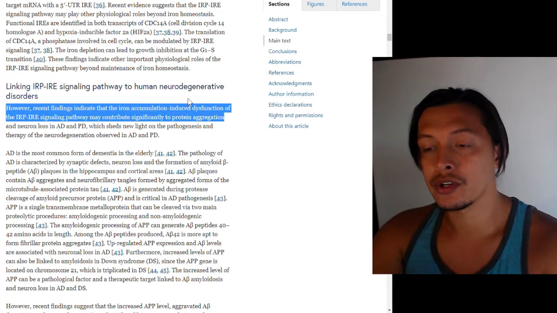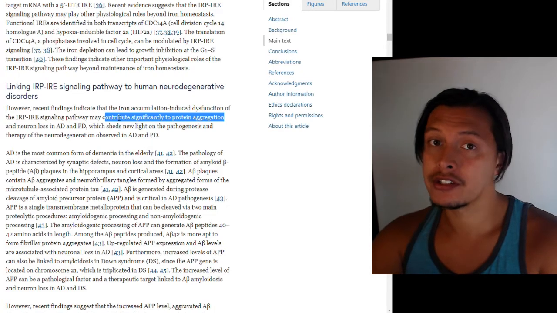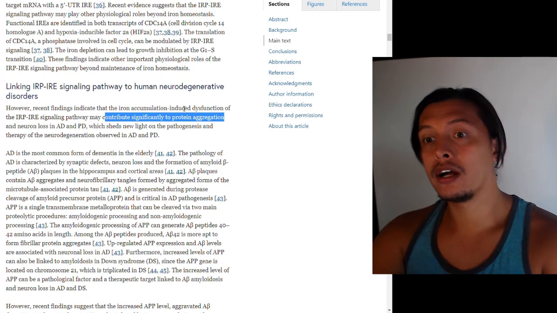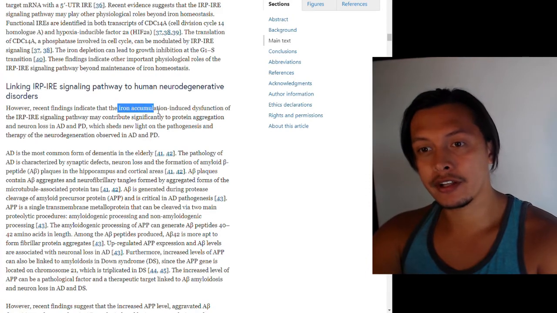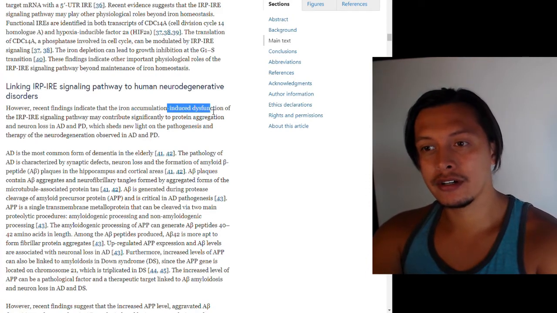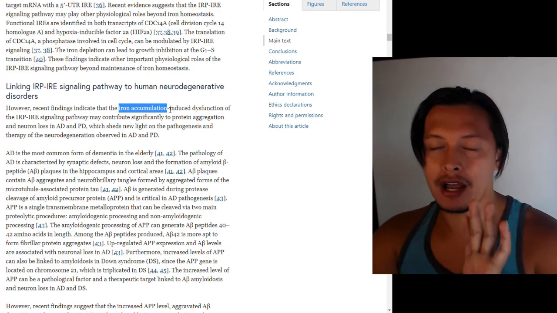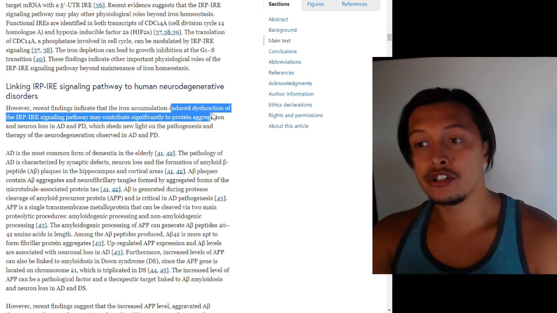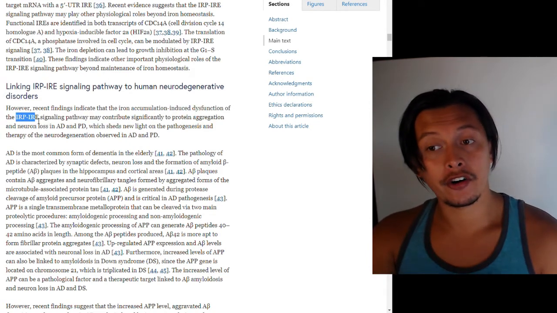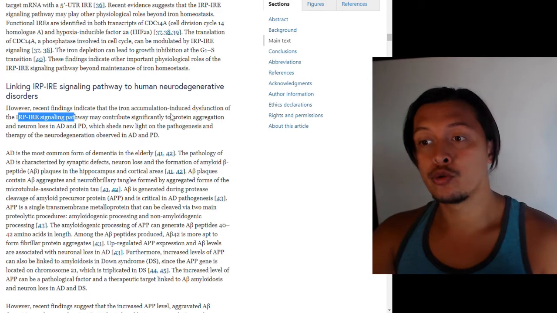protein aggregation. So here they're not saying whether or not the iron itself is causing the problem, or how to phrase that. Is the iron dysregulation, well, here they are saying it. So I apologize. The iron accumulation in the brain is inducing dysfunction of this IRP-IRE signaling pathway, and this dysfunction of this pathway may contribute to the protein